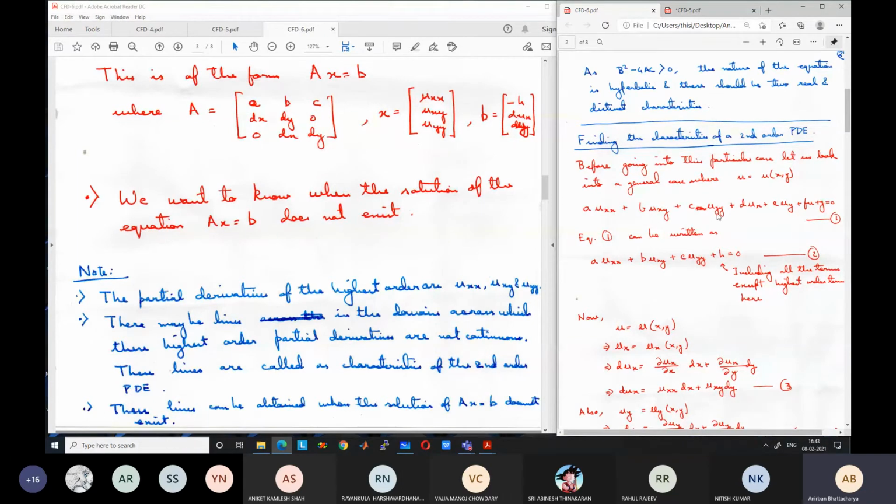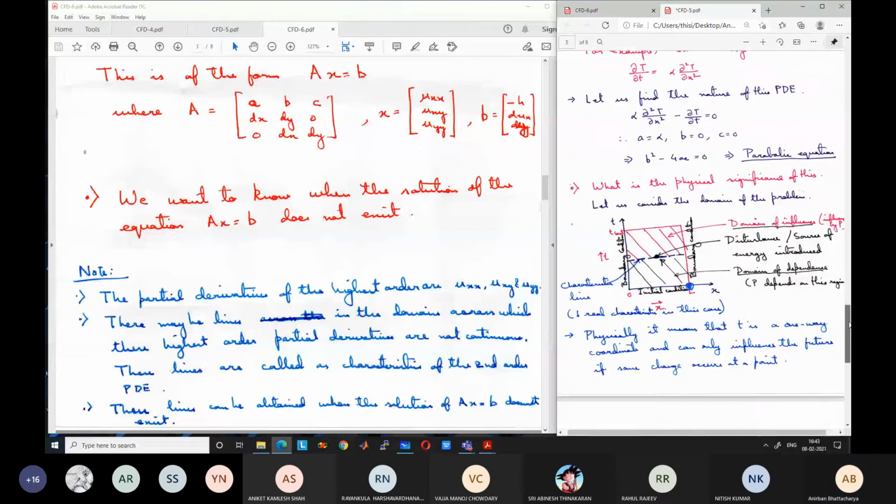So say the equations, the problem that we were seeing. The second order derivatives exist on this side, they exist on this side, but there is a jump across this line. For the second order derivatives, not the solution. The solution is continuous. So this is what we meant by characteristic.